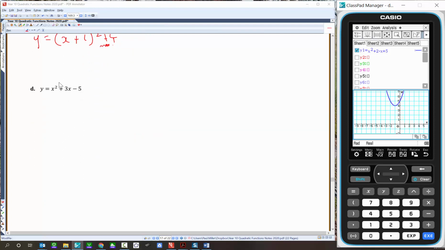All right, let's try this one here. Now these ones are hard. When I see the middle term as odd, it requires a little bit of fraction work. But that's all right, we're good at fractions. Fence that off, x squared plus 3x. We're going to halve the 3, which is 3 on 2, and square it. So I'm going to add 3 on 2 all squared. Let's take that away, which is take away 9 on 4, because 3 on 2 all squared is 9 on 4. Take 5. Now we're going to go (x plus 3 on 2)